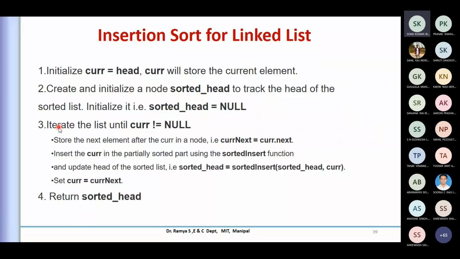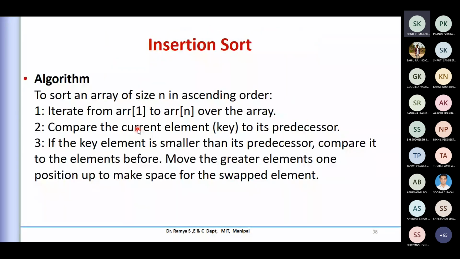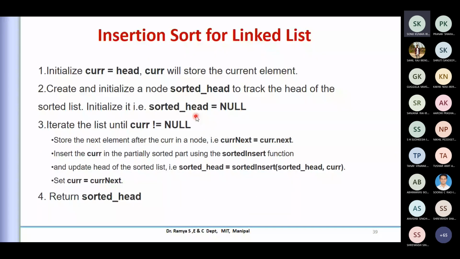So iterate the list until your current is not equal to null. In the array, you iterate over all the length of that array. But in the case of a linked list, we usually don't know the length. How will we identify the end? We use the pointers. The last node doesn't contain a next pointer; the pointer it is pointing to is going to be null. If we have one more element next, we'll have an address for it. So whenever we encounter a null, that is the end of the linked list.